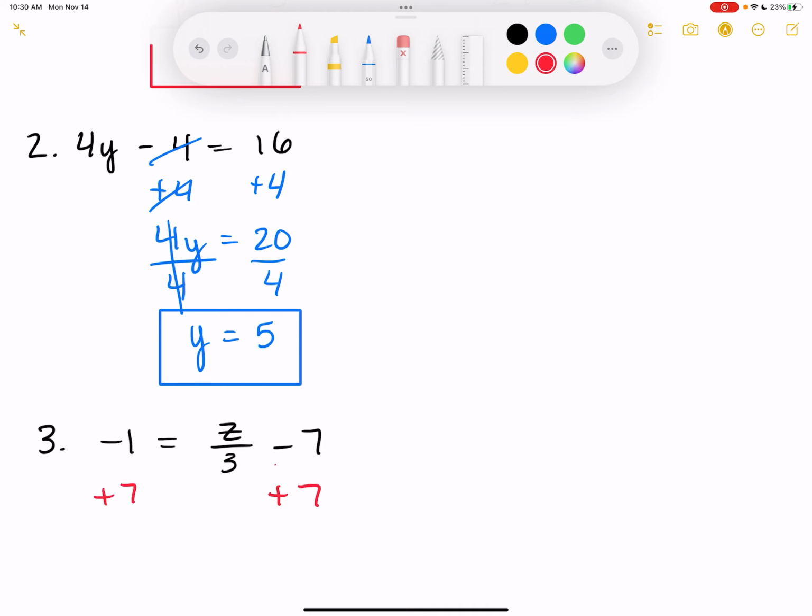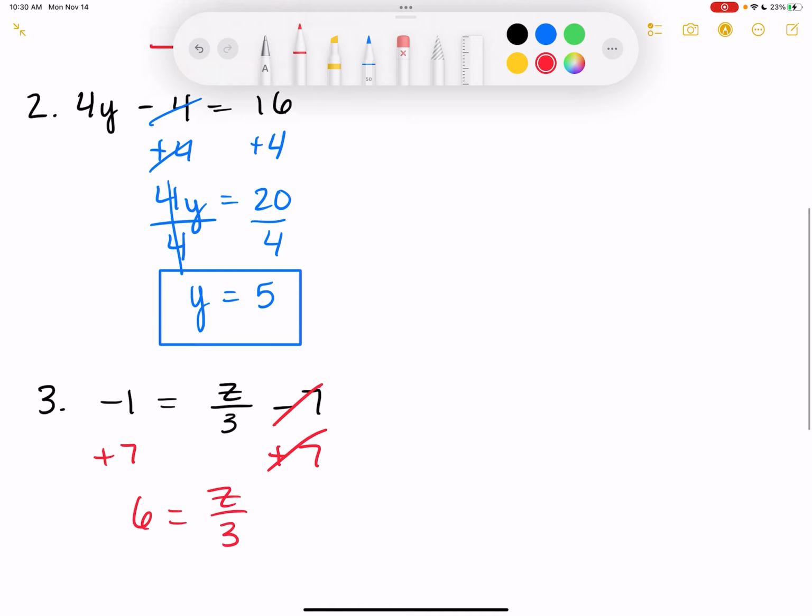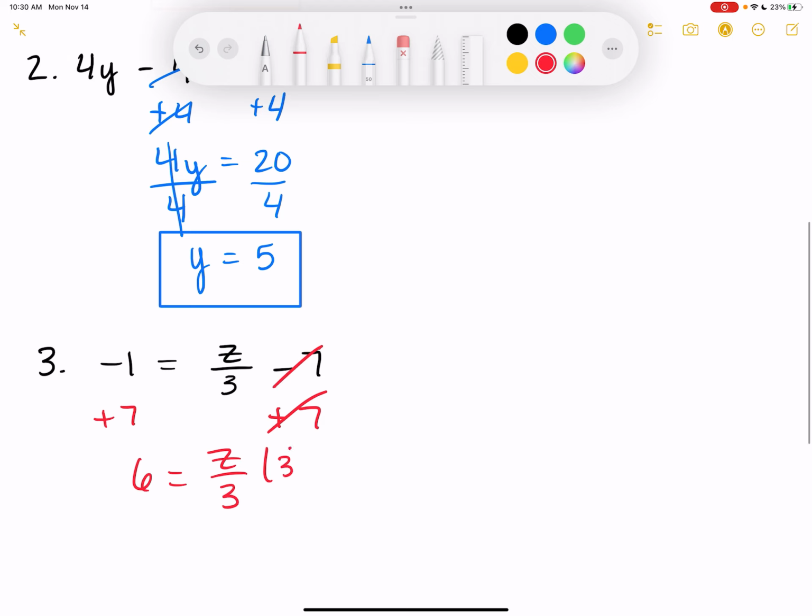So on the right, they're going to cancel. Then 7 minus 1 is 6. 6 equals z divided by 3. And then you're going to do the 3 on the other side, so cancel that. And then 6 times